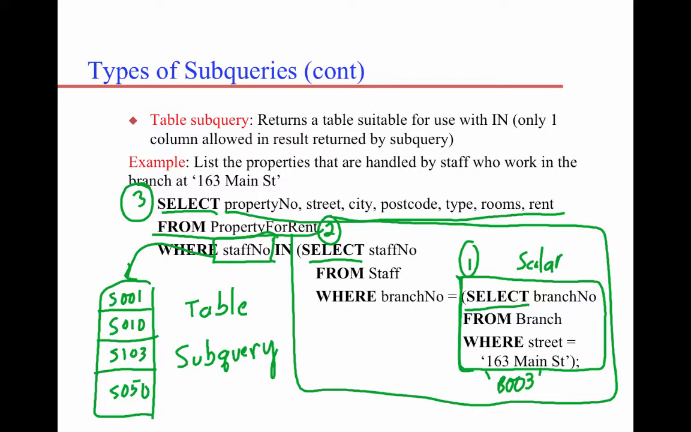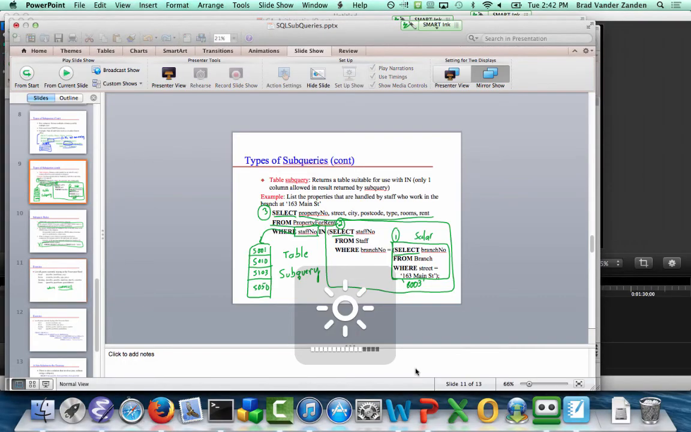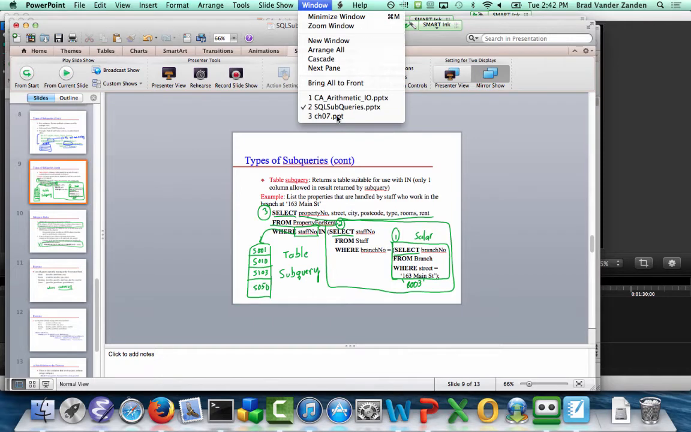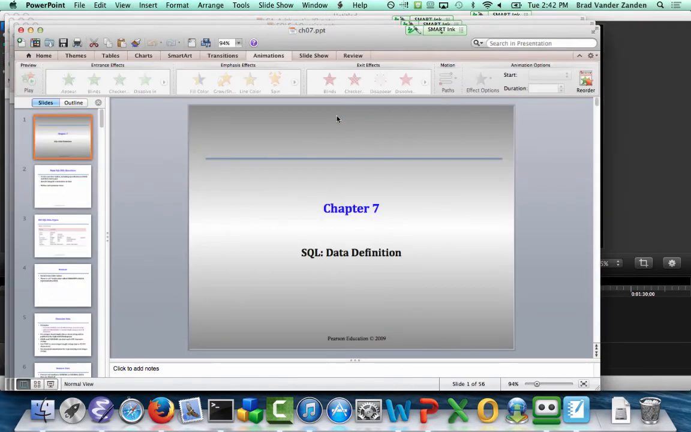Any other questions about subqueries? Like I say, I don't think there's a particular advantage to either way. It's just what appeals to your style. Whichever way you think is a fine way to do it. Okay. So that basically concludes our discussion of